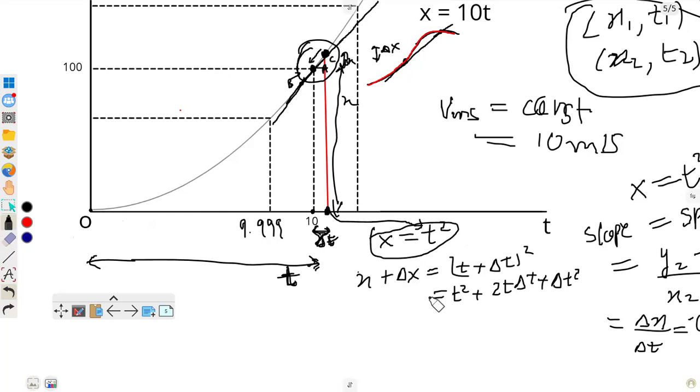Point C से हमने x प्लस डेल्टा x आ गया। x क्या है अपना? x is actually t squared. So can we cancel x with t squared, क्योंकि x तो t squared के बराबर है। डेल्टा x बाय डेल्टा t क्या आता है? डेल्टा x बाय डेल्टा t आता है 2t प्लस डेल्टा t।